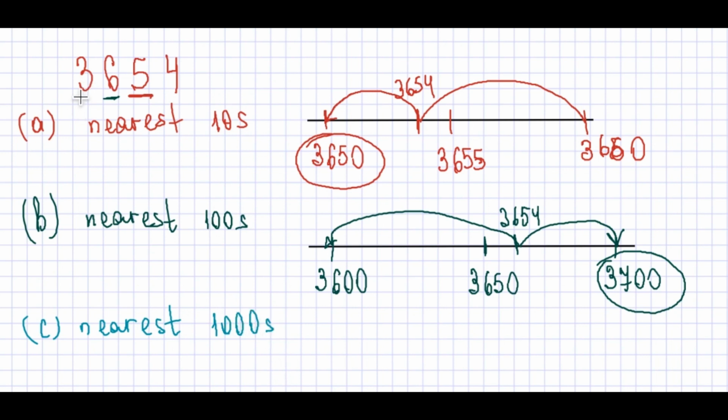And now we have to find the thousands place. Okay, the first place here is the thousands place. 3 is on the thousands place. So the value of 3 is 3,000. 3,000 something is between 3,000 and 4,000. Let us write it. 3,000 and 4,000. The number halfway between is 3,500. Our number is